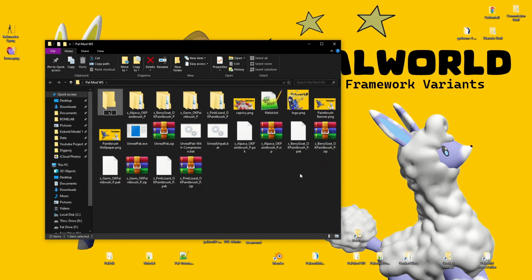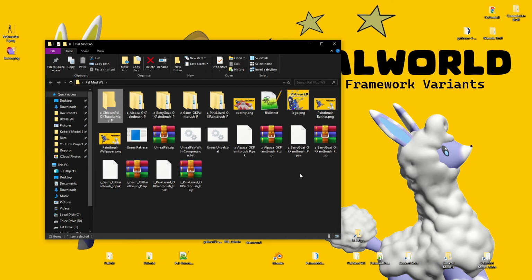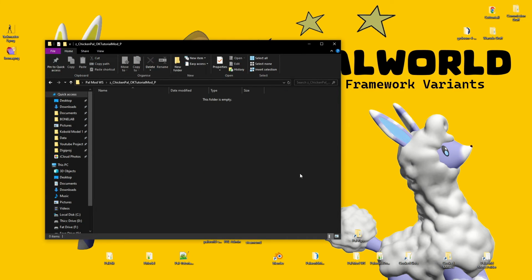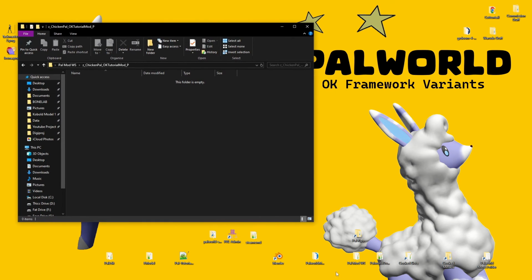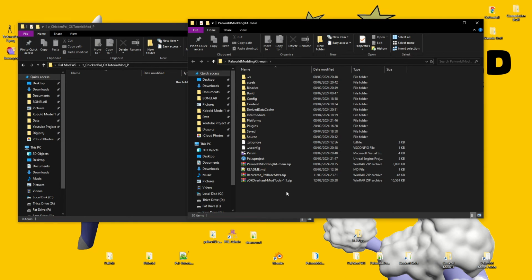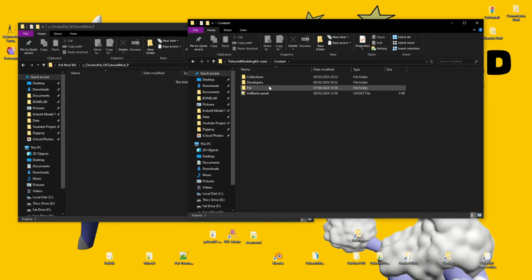We'll have Z underscore chicken pow, and then I just like doing whatever the name of this mod was, so this would be tutorial mod, and then make sure you end your file name with _p. This tells the mod system that it's a patch file and it will be overwriting things. That's very important. So we're then going to want to go to our Unreal project and go into Content Pal,